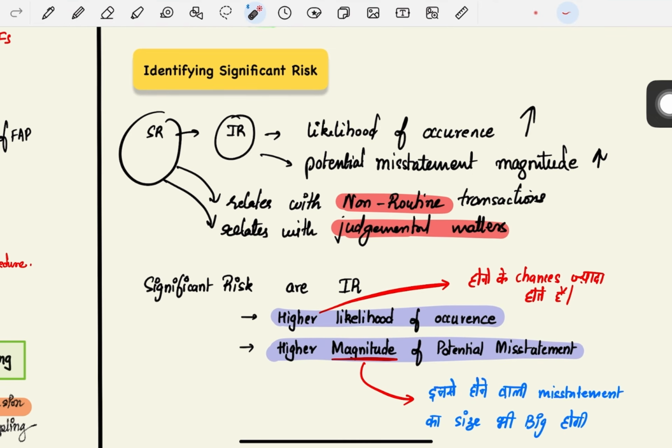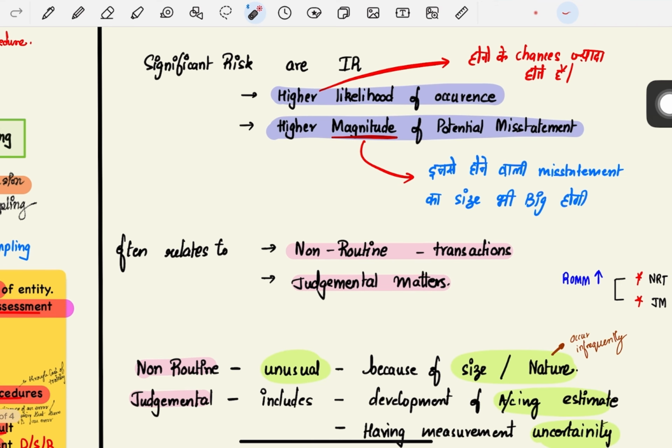See, significant risks are nothing but the inherent risks which have a higher likelihood of occurrence and whose potential misstatement magnitude is also high. And these mainly relate to non-routine transactions and judgmental matters. So basically, significant risks are the inherent risks that have a higher likelihood of occurrence and a higher magnitude of potential